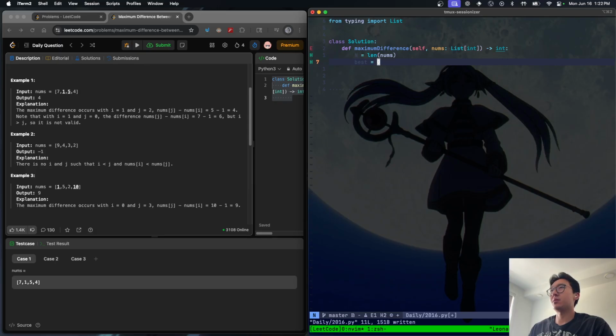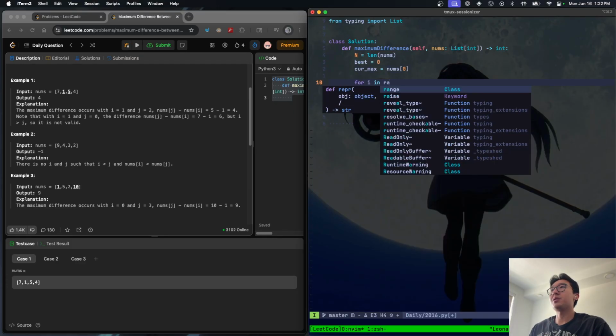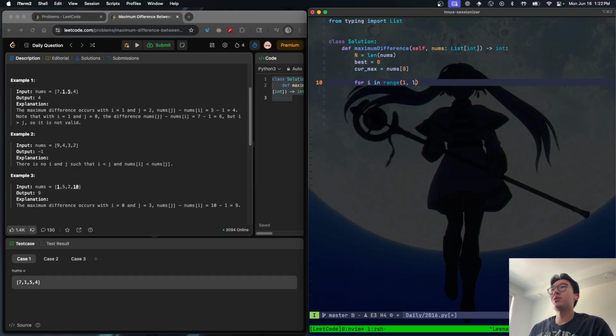No, 0 is fine. I think 0 is fine. And then we can have a current max equal to nums[0], and then for i in range of 1 to length of nums,